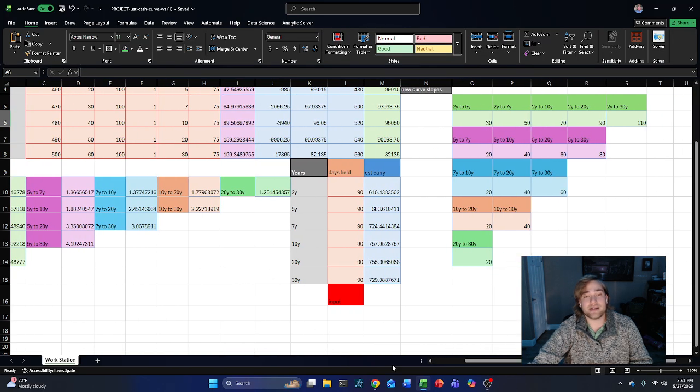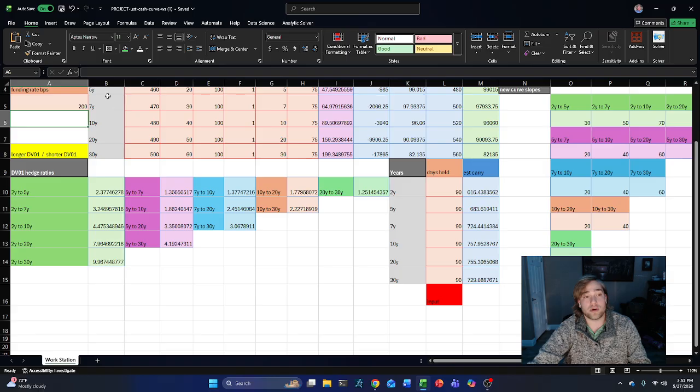Here, this is the carry table. It shows if you borrowed overnight to finance that bond, what would your carry look like? And here I have a post financial crisis low repo situation, but all of these bonds would have a 90-day positive carry because I set overnight to 200 basis points versus the yields being around the